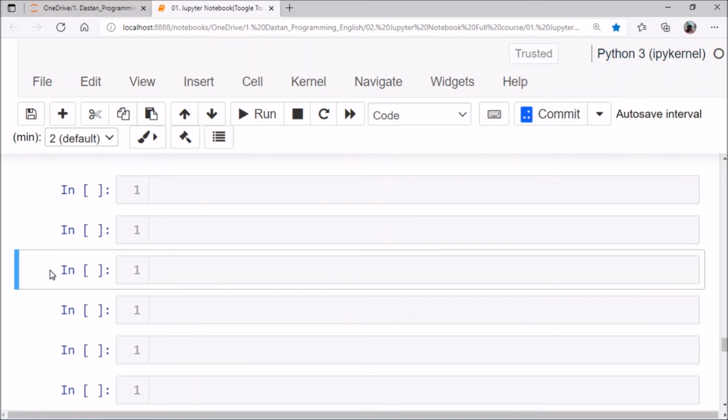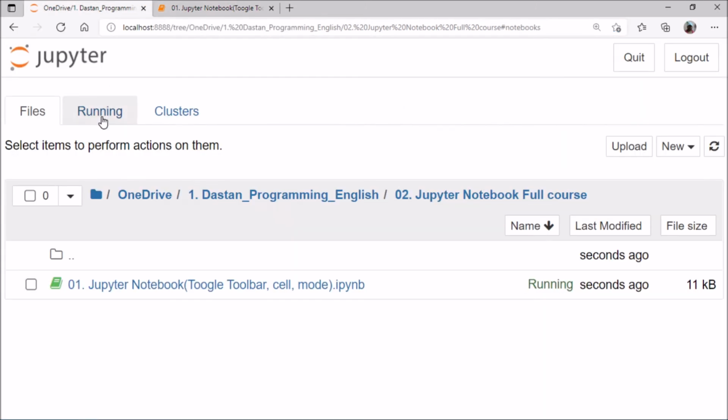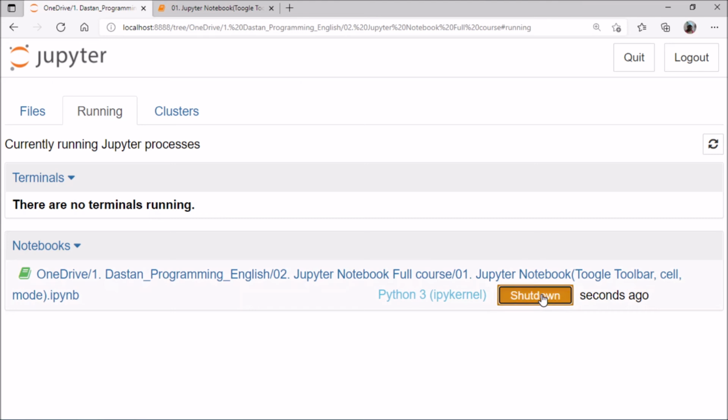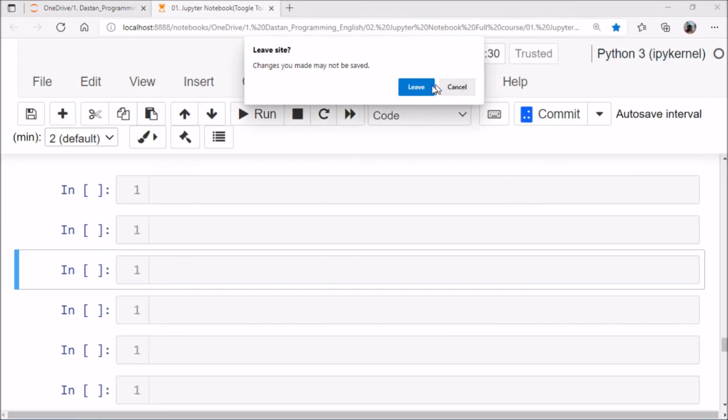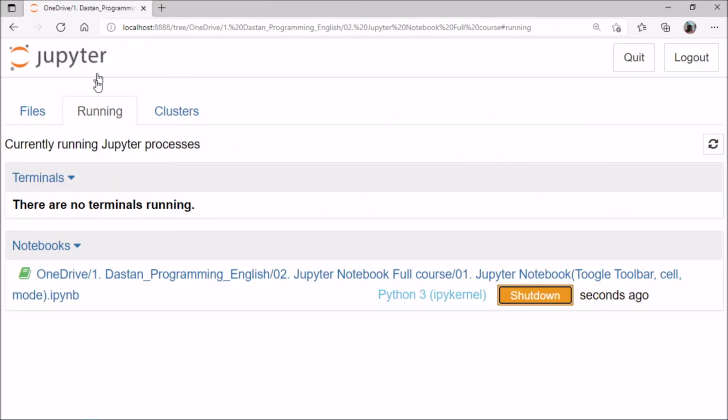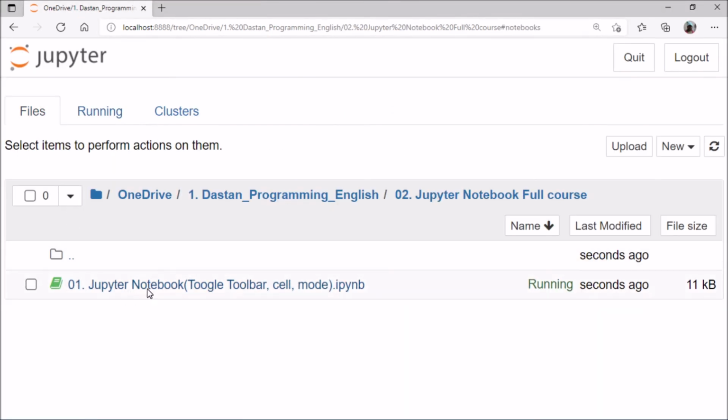So I am opening these notes again. Maybe something is happening here, so I am shutting down this notebook, and again I am opening this Jupyter notebook.